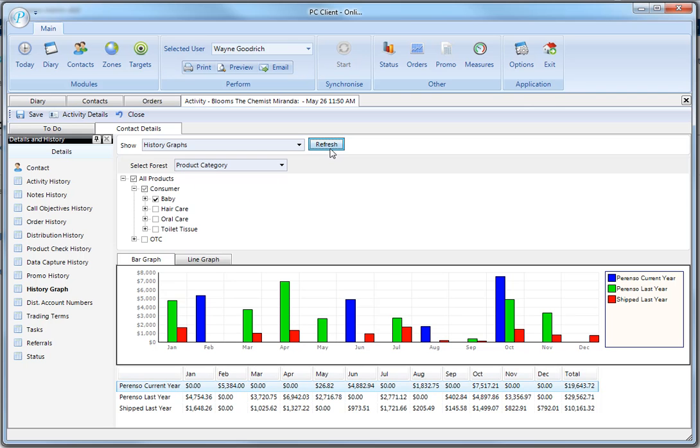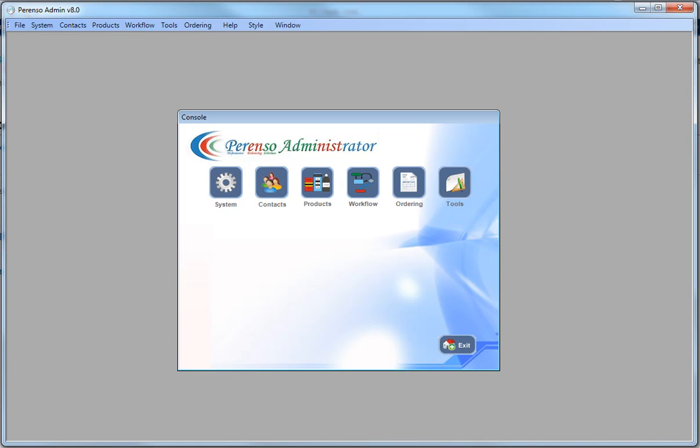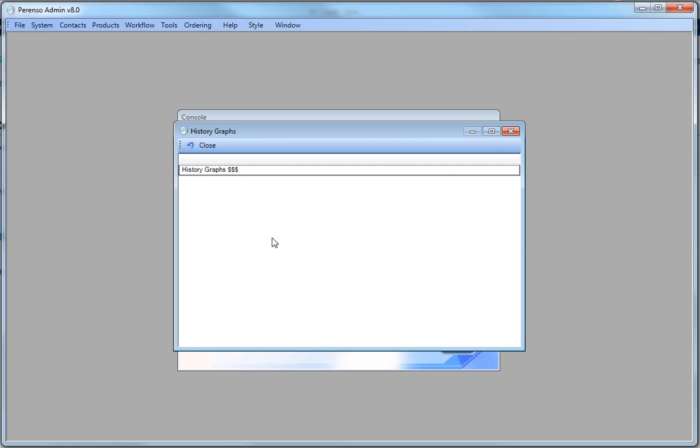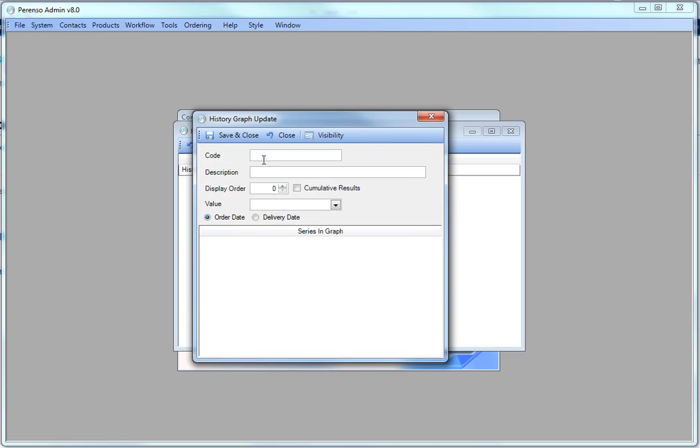These history graphs, however, start by setting them up properly in the admin program. And to do that, you go System, and then History Graphs, and here you can see I've got one, but if I was to set up a new one, it's a case of right-click and add, type in a code,